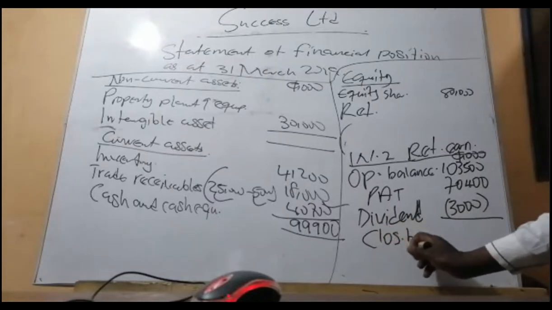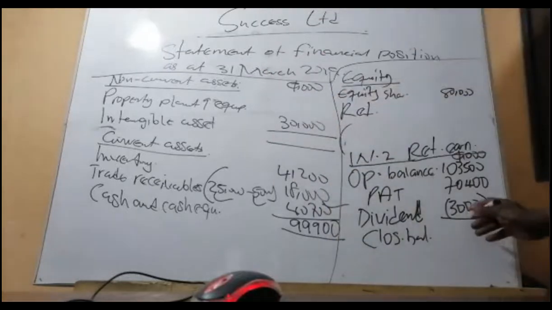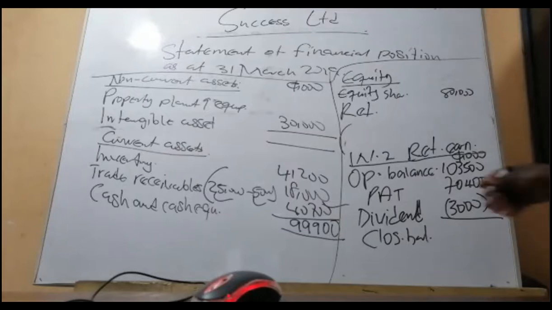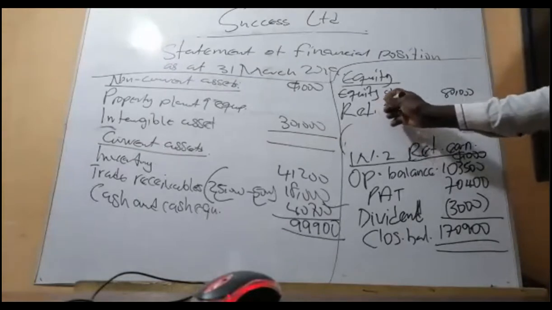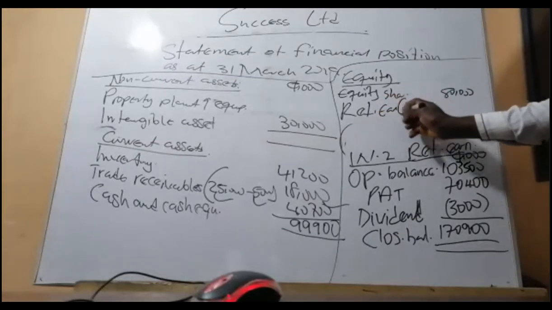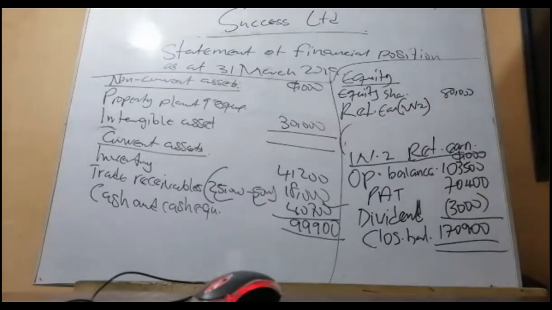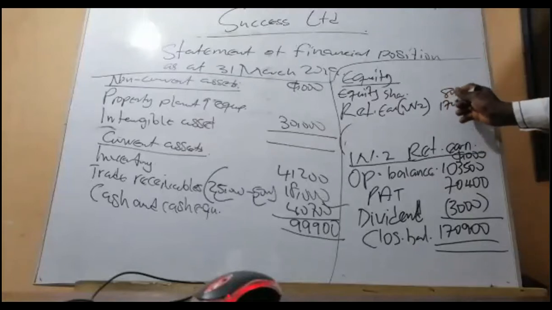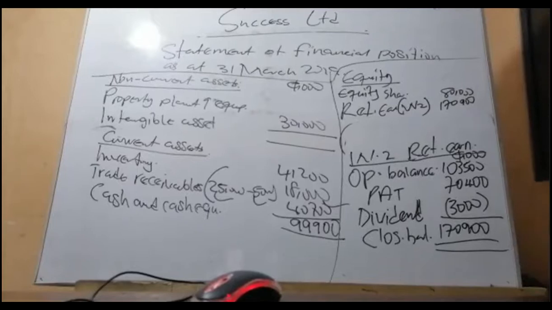Closing what? We said the balance sheet is a list of balances, all the closing balances. So that will give us 170,900, and double underline it. So you come here and write retained earnings. For the examiner, please go to my workings number 2. You see the retained earnings there. Then you put 170,900. That is how you get this.